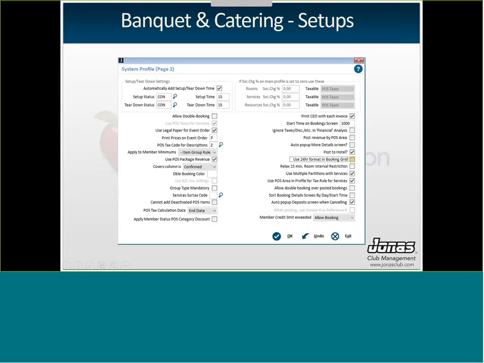So this is page 2. Up at the top is where you would automatically add your setup and your teardown time. Then you have some other options here, like using legal paper for your event order, printing prices on the event order. This is where you'd note your tax code for those descriptions. Member minimums. If you want it to follow the item group rule, you can do that. Or if you want just everything to apply to minimums all the time, you can note that as well in